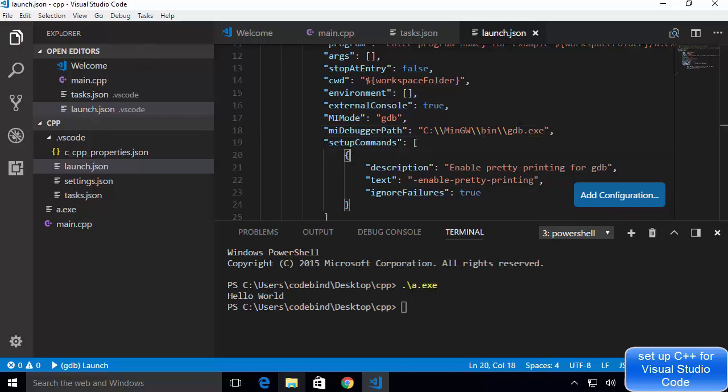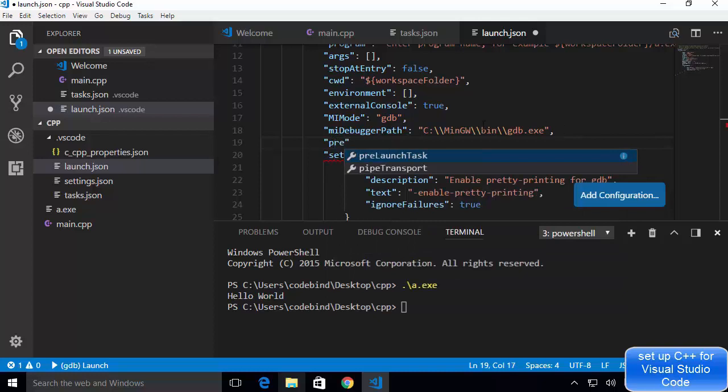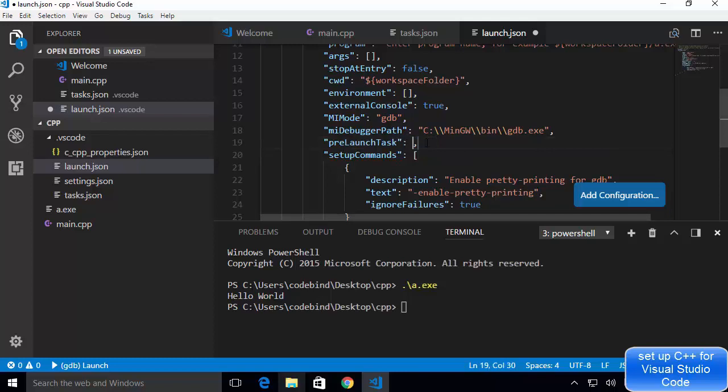Now there is one more thing we can do here, which is we can add the pre-launch task. So I'm going to give the double quotes here and then search for preLaunchTask, which is going to build our code first and then start the debugging, right? And this is important for us. So just write the name of the task which you have created inside your tasks.json.